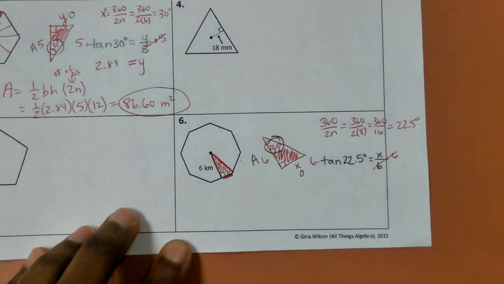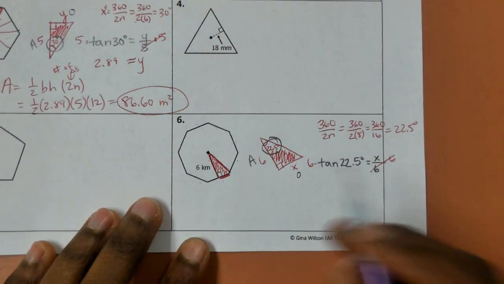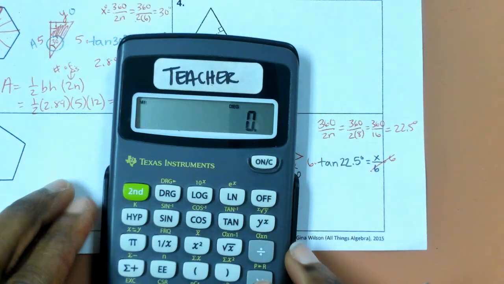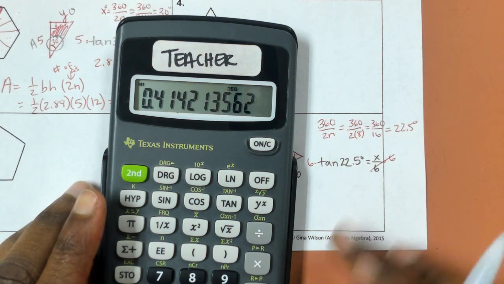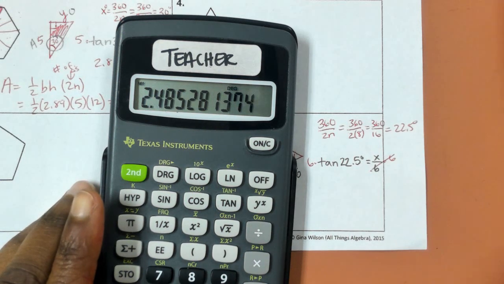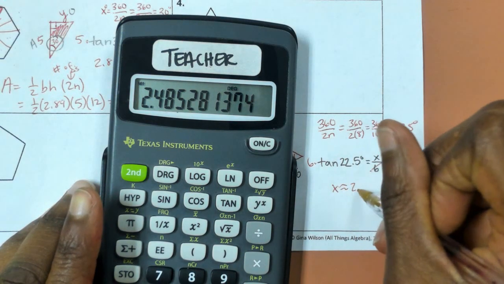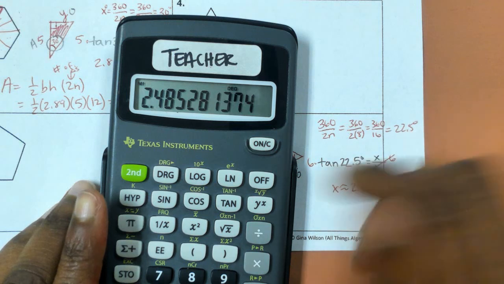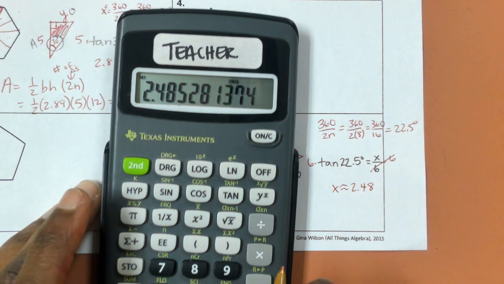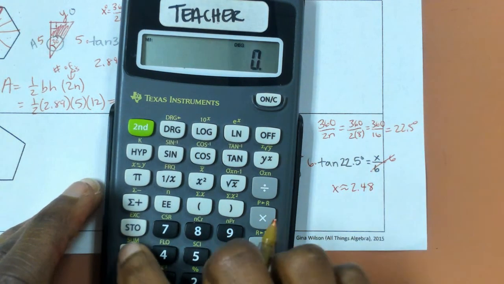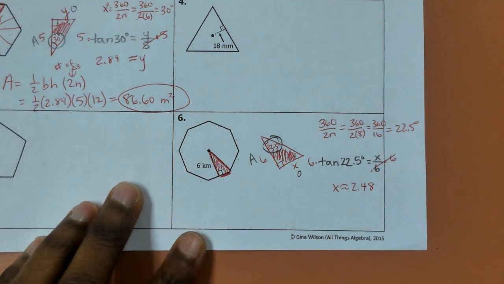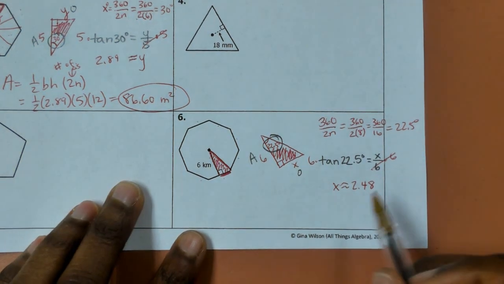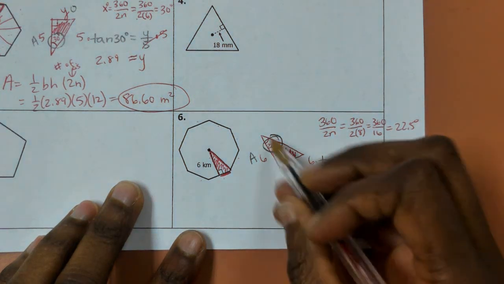Okay, so then, 6 tan 22.5. So we're going to do 6 times tan 22.5 equals, so that's about 2.5, but I'm going to leave it exact in my calculator and store that in spot 1. Okay. So it's stored in spot 1. Okay, so that's my base, and now I have the base and the height, so I can do the area